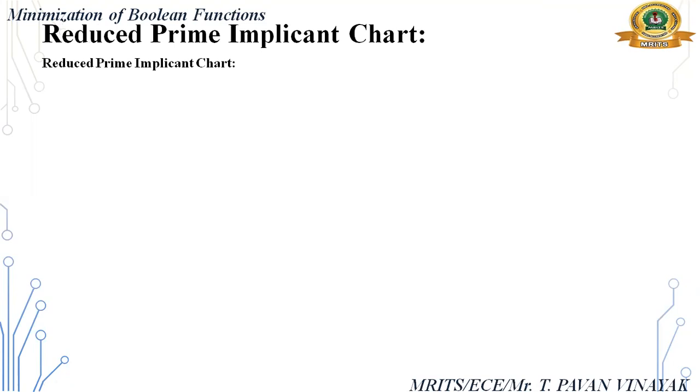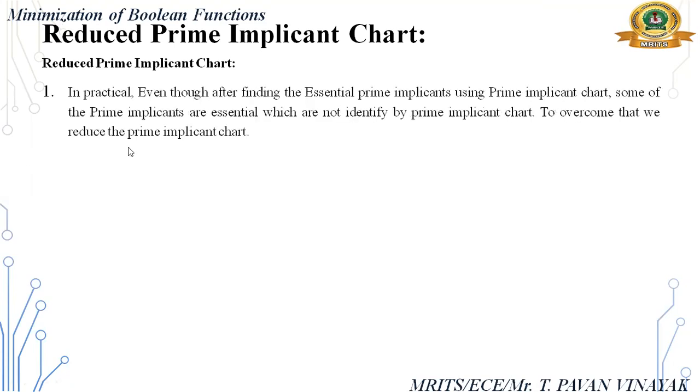Repeat the same step: place X marks and circle single X's if available. Like that you have to reduce the prime implicant chart. And if no circled X's are available,